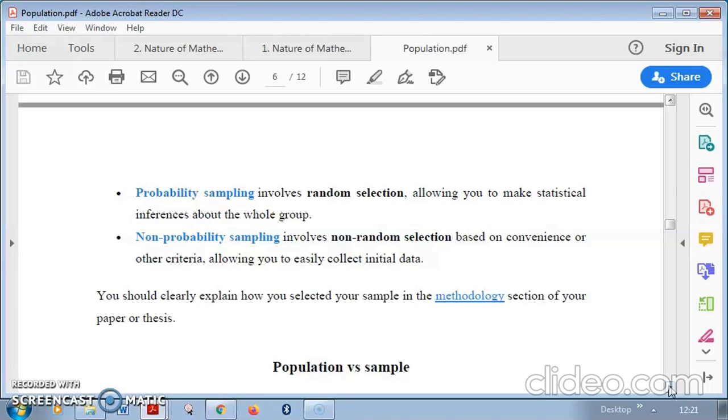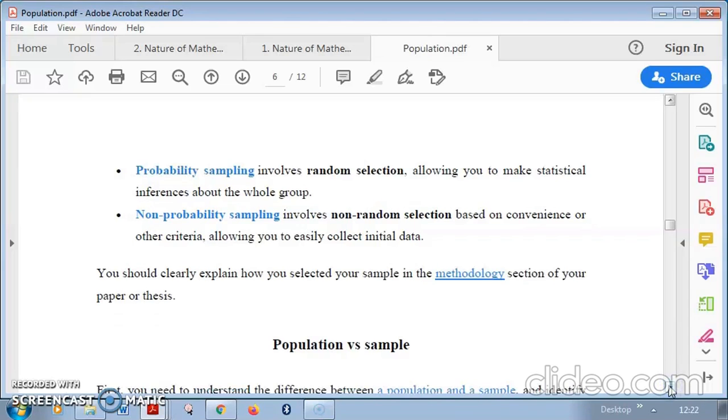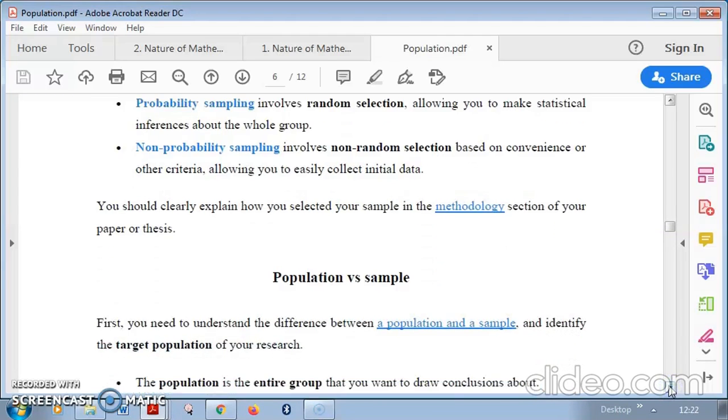For example, suppose I have produced a teaching method and I want to check whether it is effective or not. Every school will not give you permission. Suppose you select schools by the lottery method, and you select three schools. If you go to those three schools, they may not give you permission. In that case, you cannot go for random sampling, because giving permission or not is the school's wish. So sometimes we have to go for non-probability sampling, because of convenience, because certain criteria are there, and it helps you to collect some data.